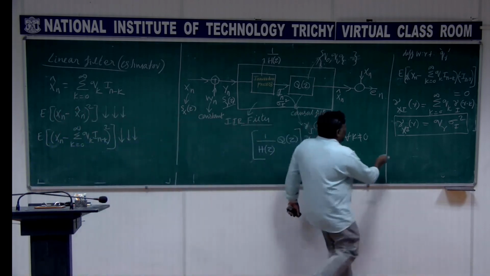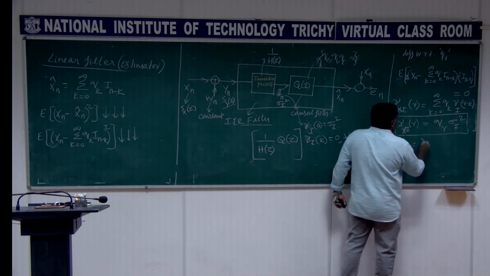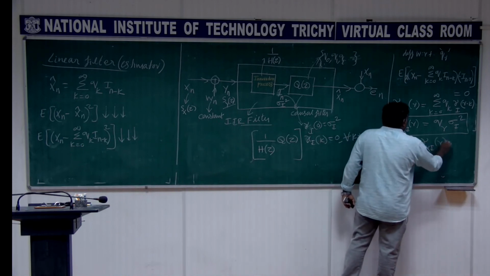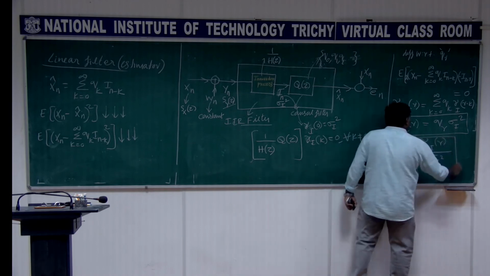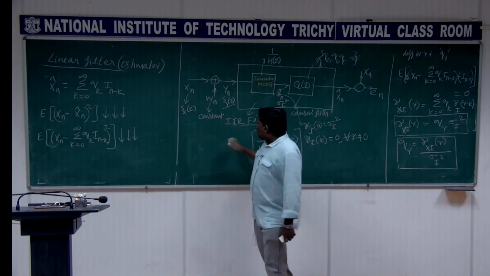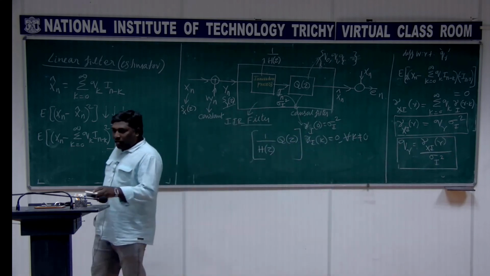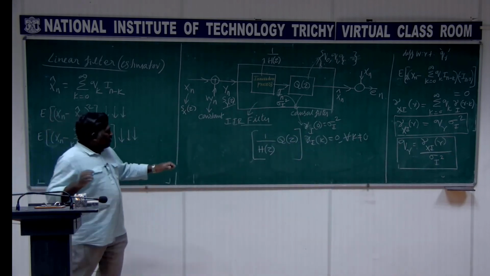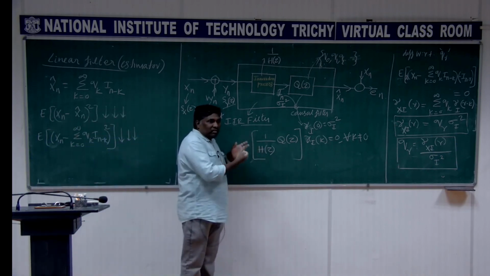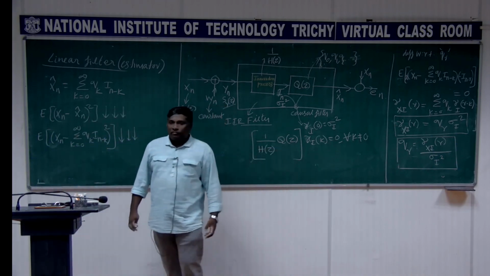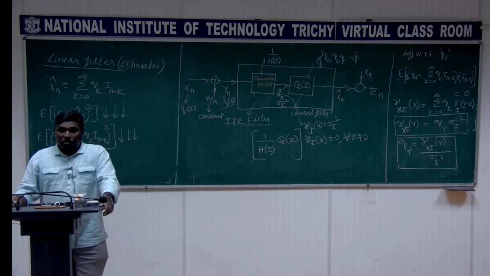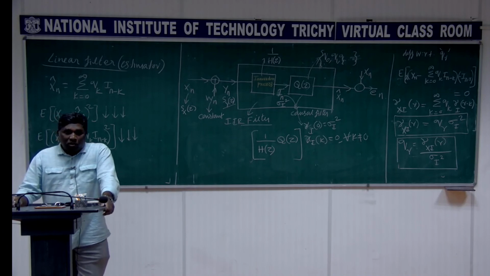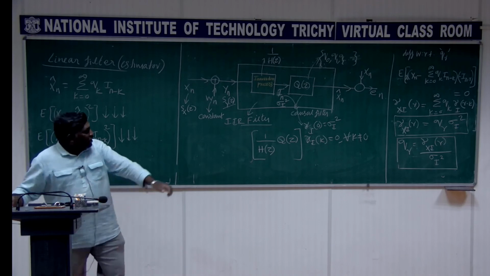So you are getting this QR happens to be gamma xi of r divided by sigma I square. What is left out in your expression? The expression what you are having here is simply 1 by h of z, we already did. What we need is only q of z. Once you get this QR, we can find out Q of z, and most important is you have to choose Q of z such that it is causal. The block here, it should be causal.